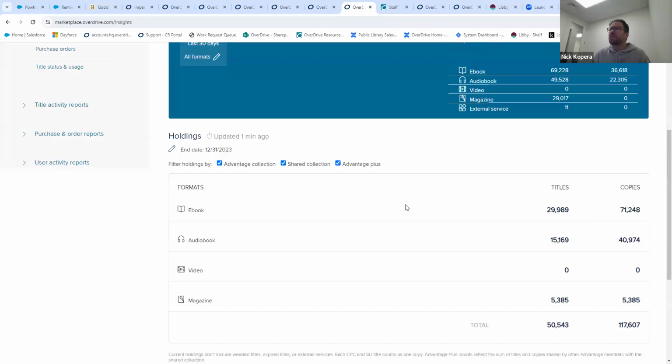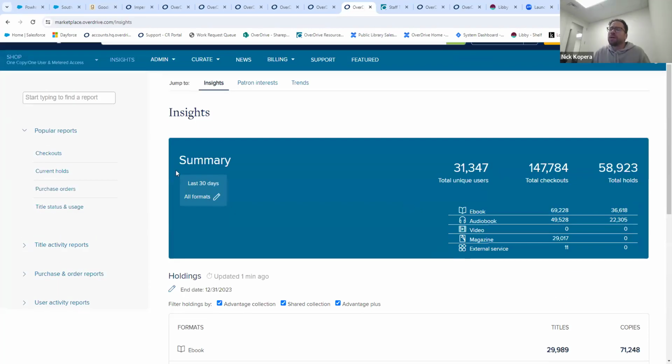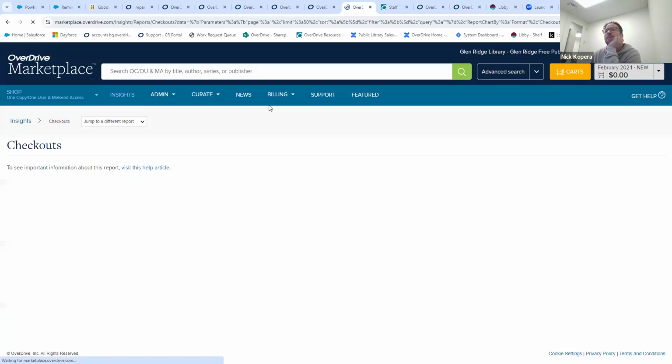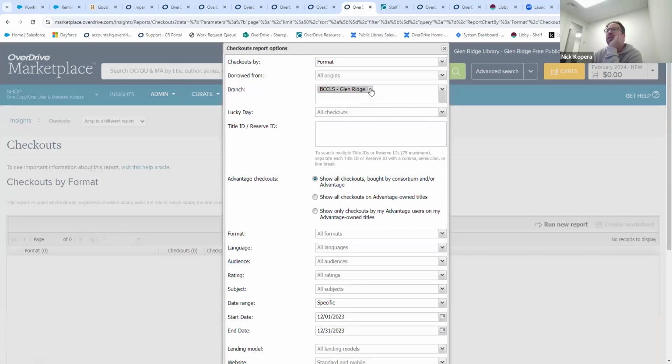So another thing you could potentially be looking at for end of year reporting, or just in general throughout the year, is how your purchased content is actually going out, and maybe you'd also want to see what else your patrons are checking out from an ownership standpoint. It does require a little bit of manipulation, but I think, as Tina mentioned at the beginning of the call,